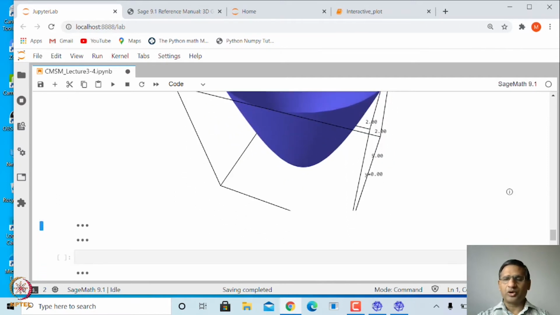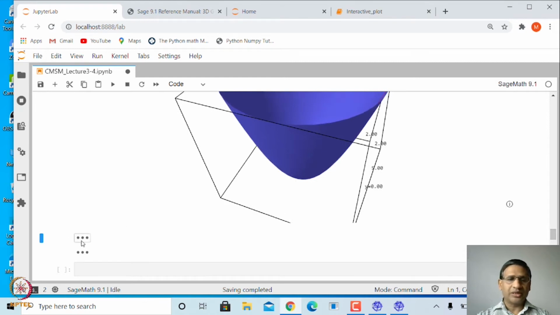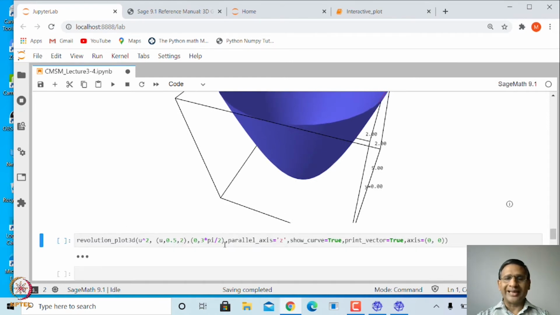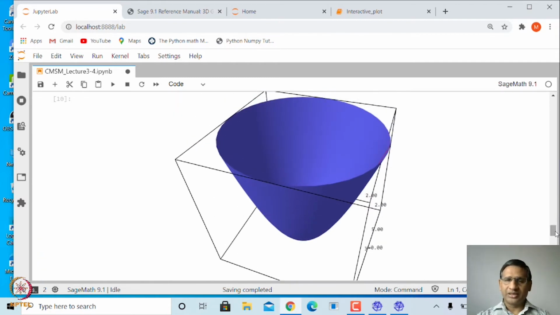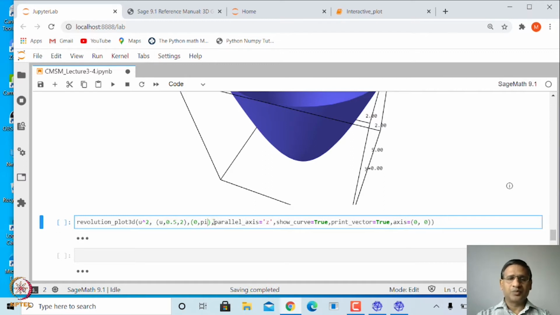So, that is how you can plot surface of revolution about various axes. You can even mention the angle by which you are rotating. By default this curve rotates by an angle 2 pi, 0 to 2 pi, but suppose I want to rotate only by angle pi. Then you have to just mention 0 to pi, and everything else is same, axis parallel equal to z